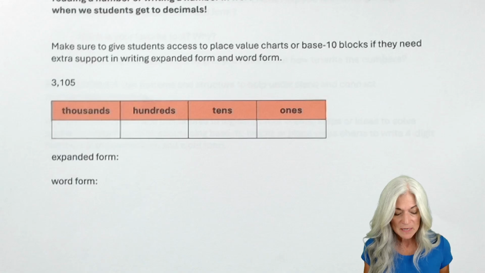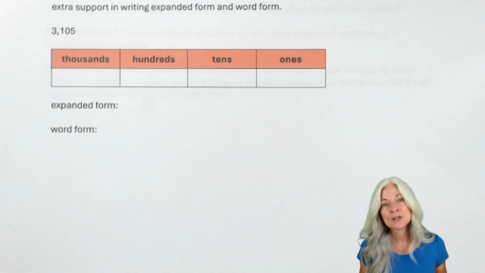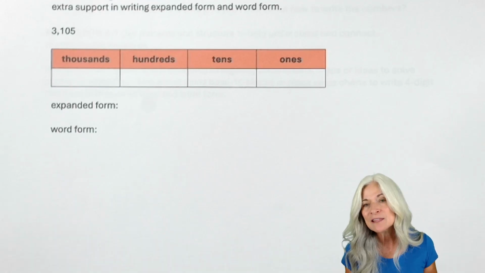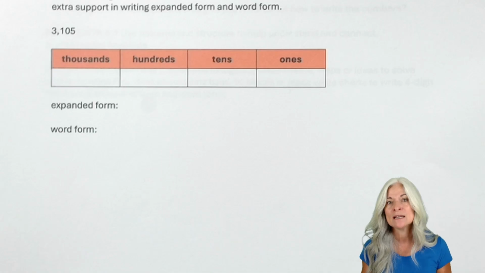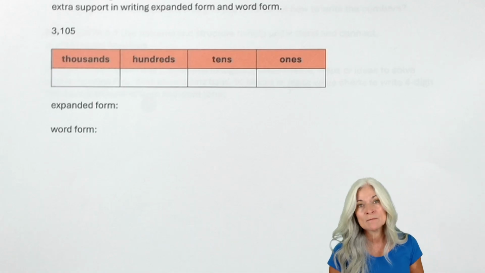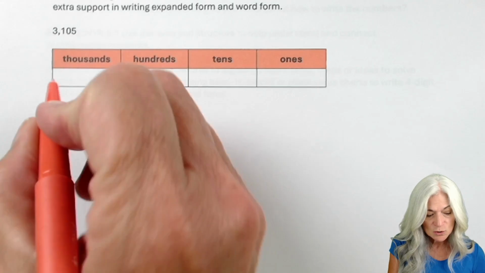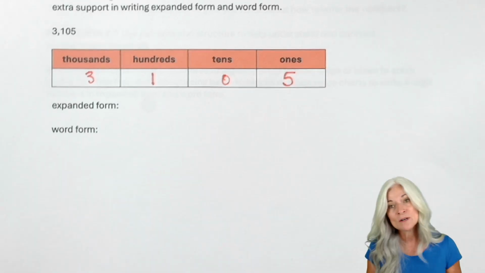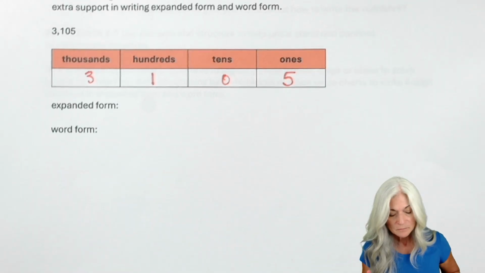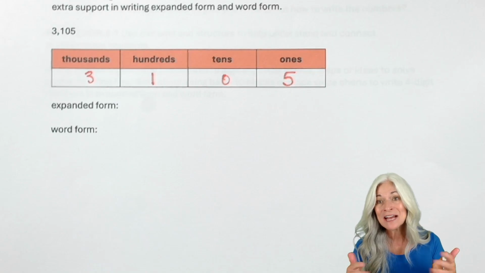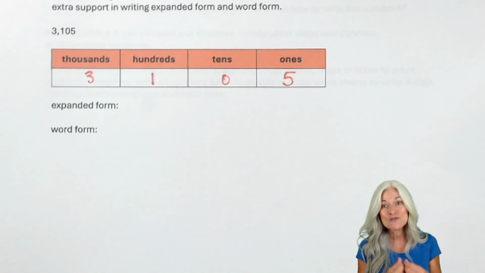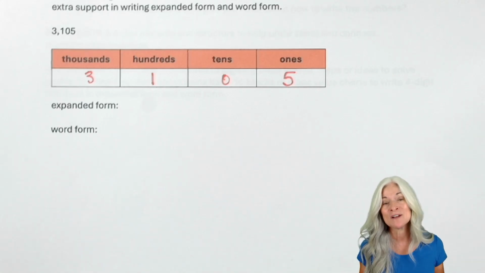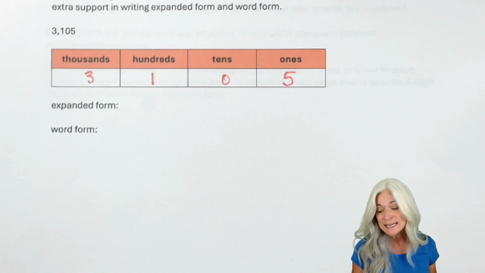base 10 blocks. So one of the questions you have is, if I have a number 3,105, how can the place value chart help me write that word in expanded form? Well, it helps me put each one of the digits in their place. That's my answer to that. Your students might have a different answer. Great opportunity for discussion to have them discuss, how does the place value chart help us to write it in